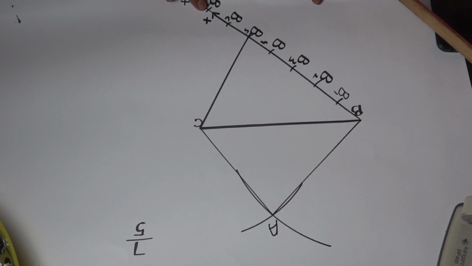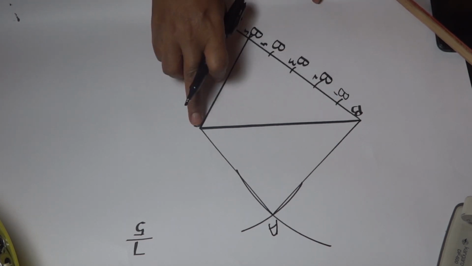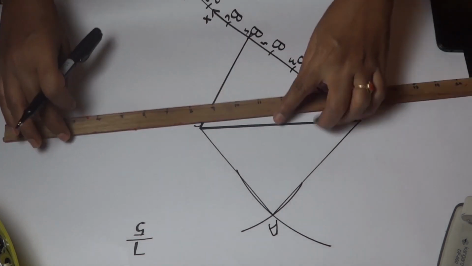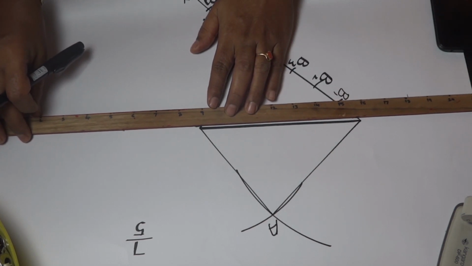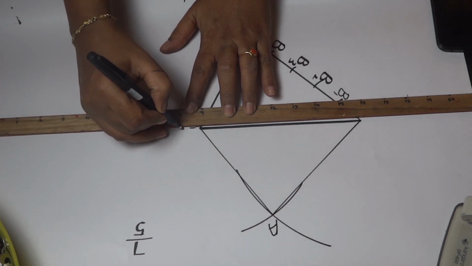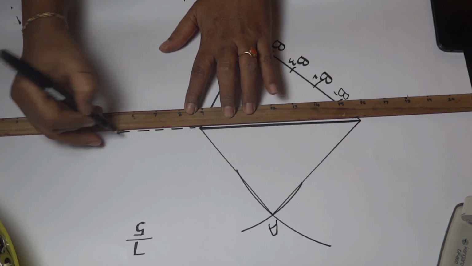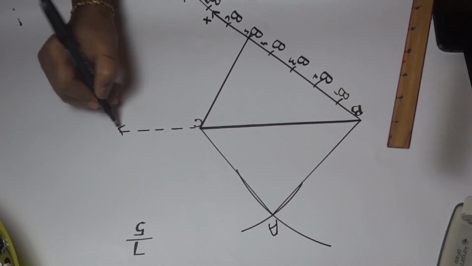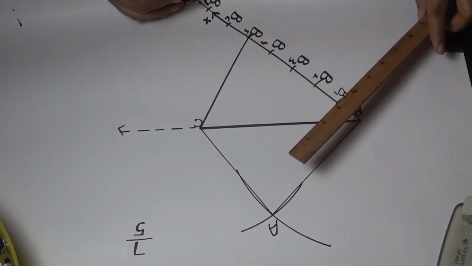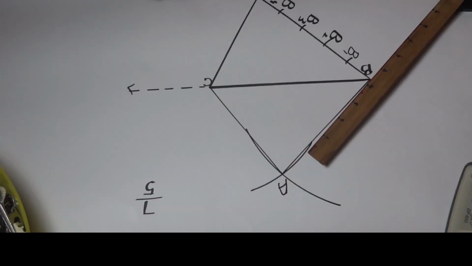Now to join the 7th point to the line segment BC, we have to extend this line segment BC a little more. Now to start a line from point B7, we have to copy the angle formed at point B5. To copy the angle, we will follow the same procedure.